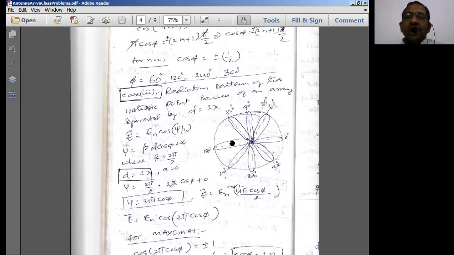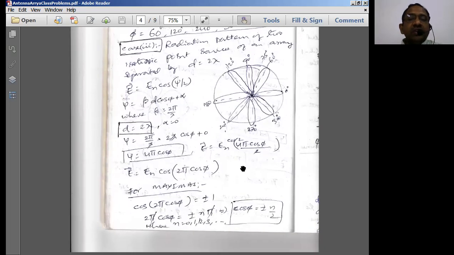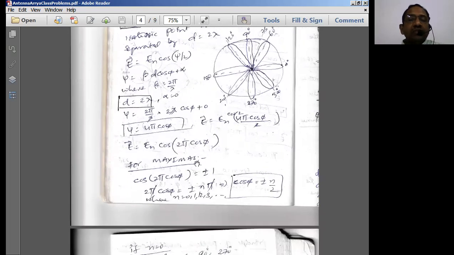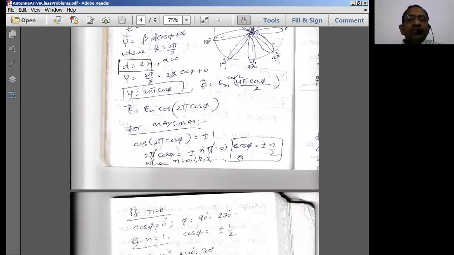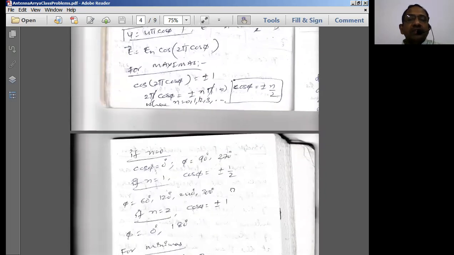So this is going to be, say, antenna 1, antenna 2, and the distance between the two antennas is going to be 2 lambda. So in that case, we will be getting E, and we will be having 4 pi cos phi by 2. So finally I'll be having psi is equal to cos phi. So we just proceed further to find out the things now. This 2 will get cancelled here, and 4 goes with 2, and I'll be getting 2 pi cos phi here.